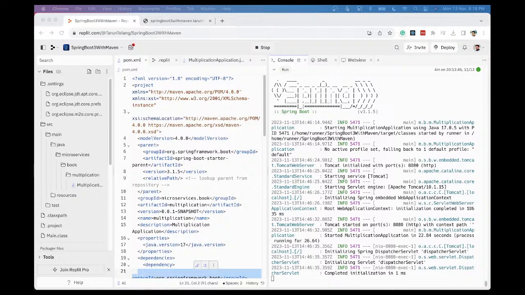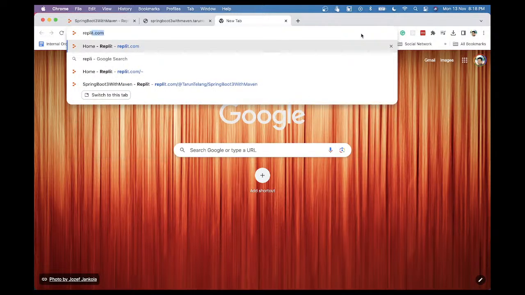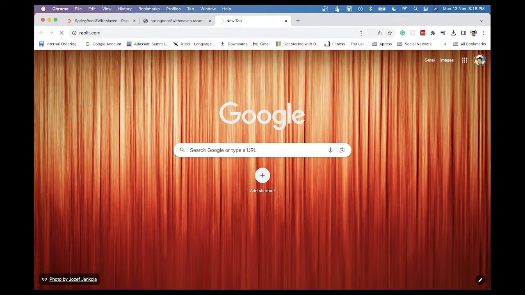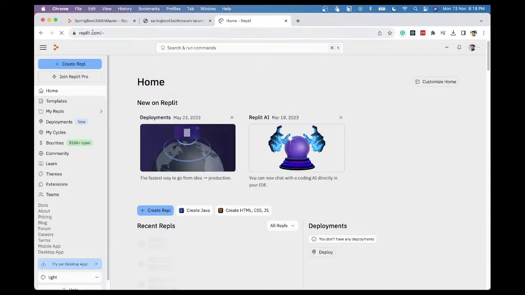This is a session about developing Spring Boot applications using Repl.it. Repl.it is an online platform. So I'll just share. Repl.it is available at this URL. You see Repl.it.com. If you are not registered, you have to log in. You have to register and create an account. Otherwise, you can simply log into your Repl.it